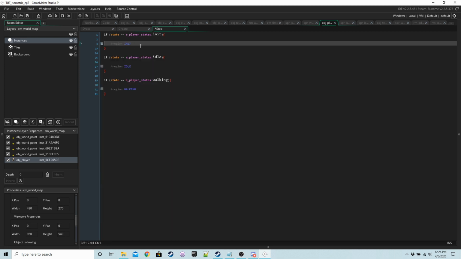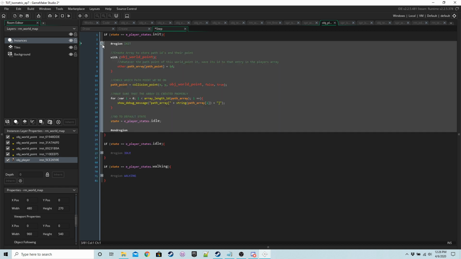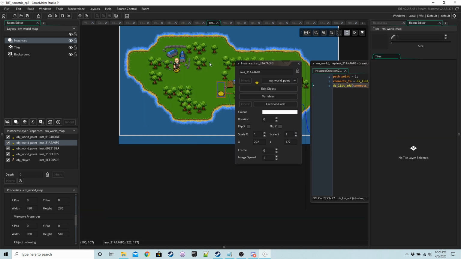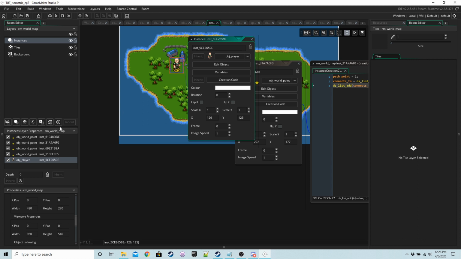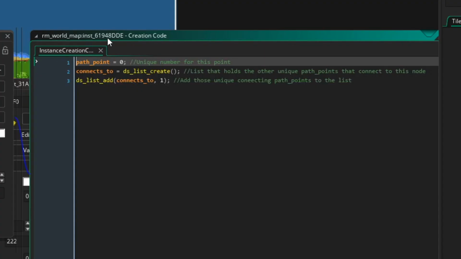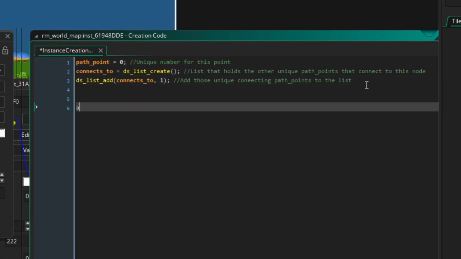So we've got region init, idle, and walking. In initialization, this code here is going to create an array inside the player via this with loop. In the array, it's going to store the IDs of every single one of these path points, and the ID is going to be stored in the correct entry based on its path point. So for example, this first one here is path point 0, so its ID is going to be stored